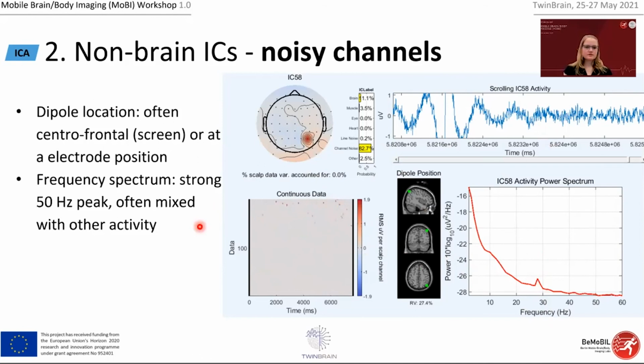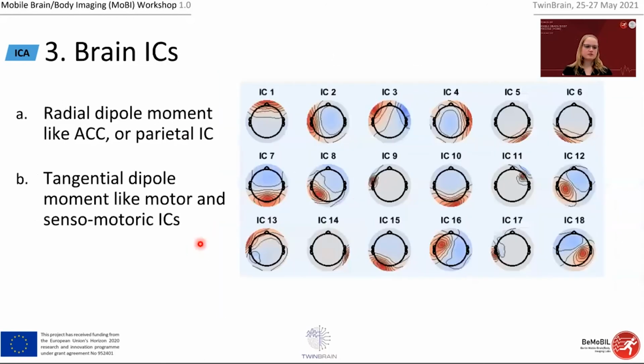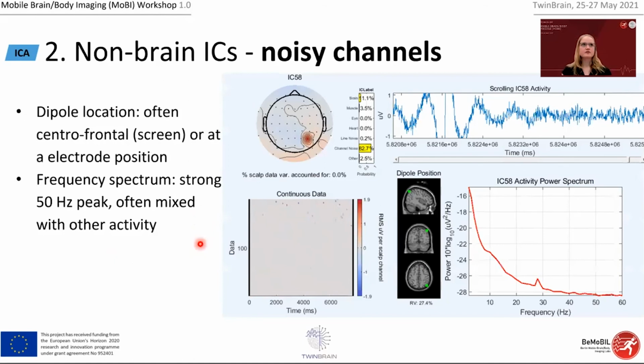Yeah, and also for the noisy channels and noise that is captured or recorded by channels, it's still often mixed with other activity that you can also see here. So this should be taken into account. So this was the part of the non-brain ICs. So I would like to proceed to